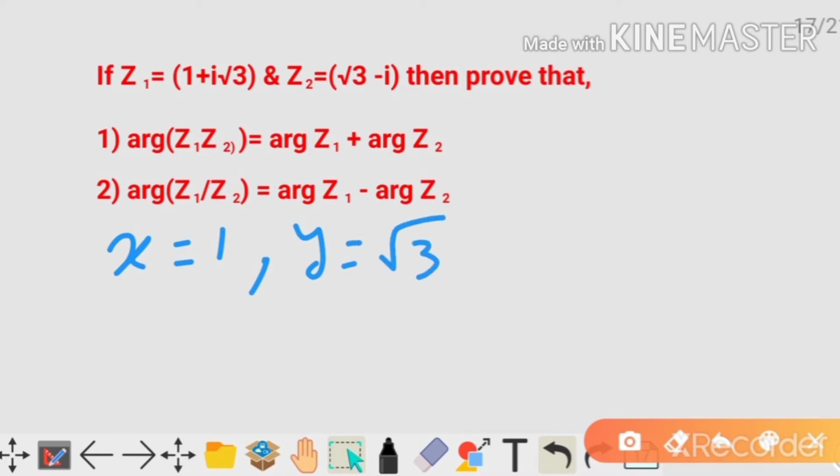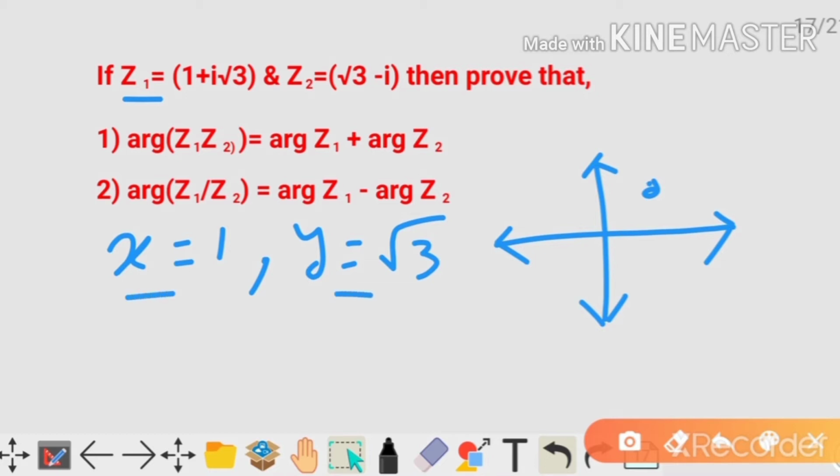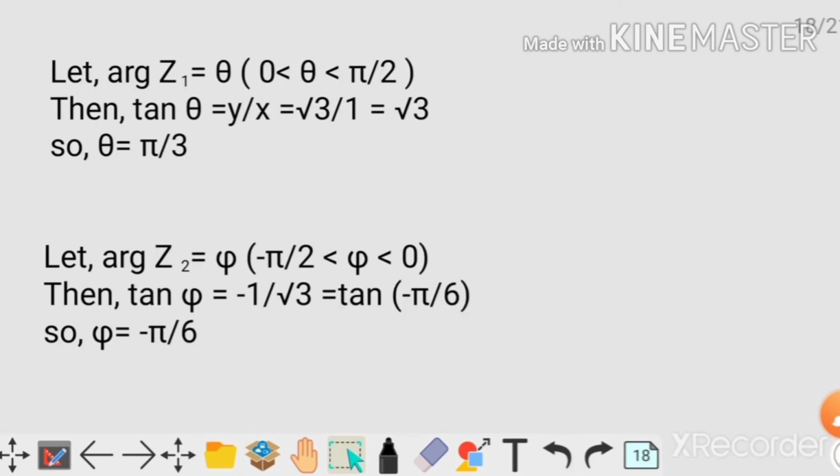Now if we put this number Z1 in the Argand diagram or the complex plane, it will be in the first quadrant as both are positive, and the value of theta will lie between 0 and pi by 2. So that's why we choose the range of the argument of Z1